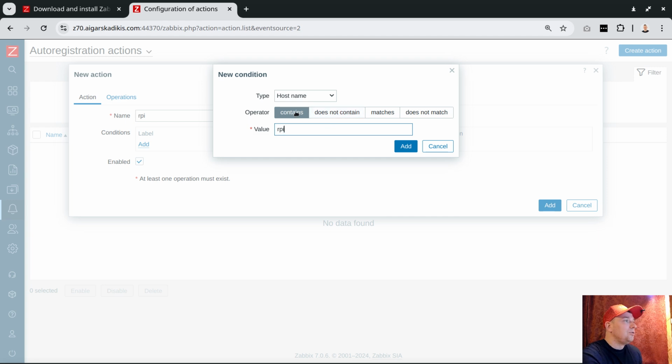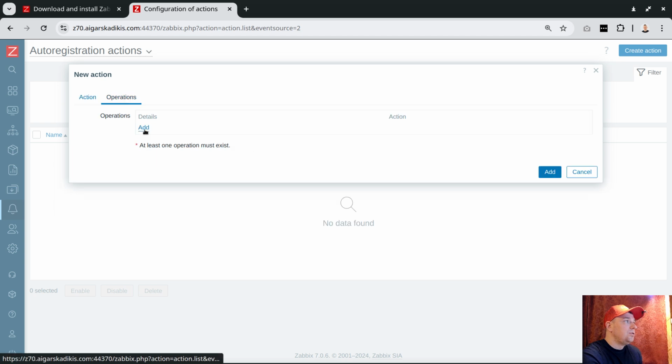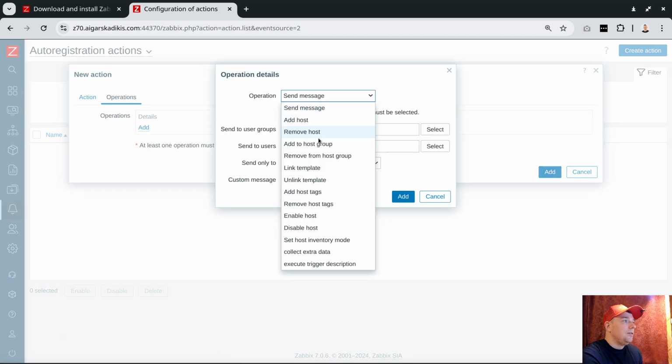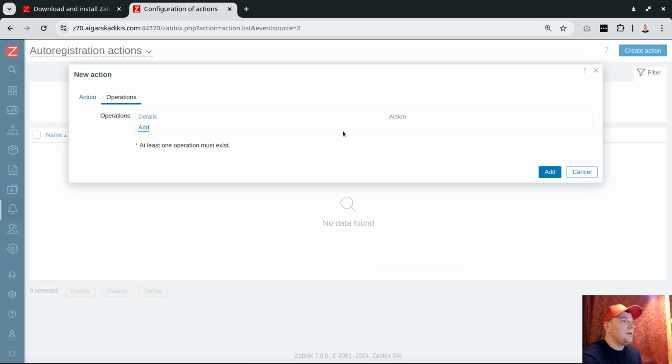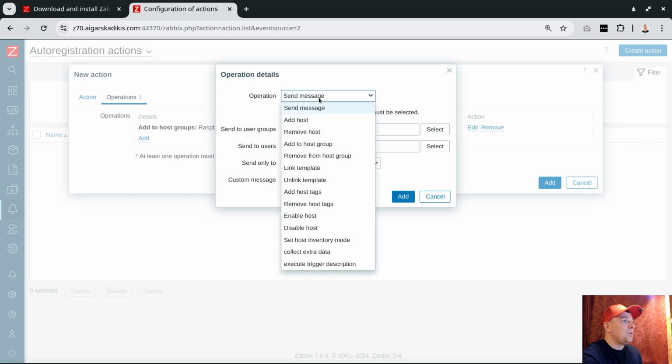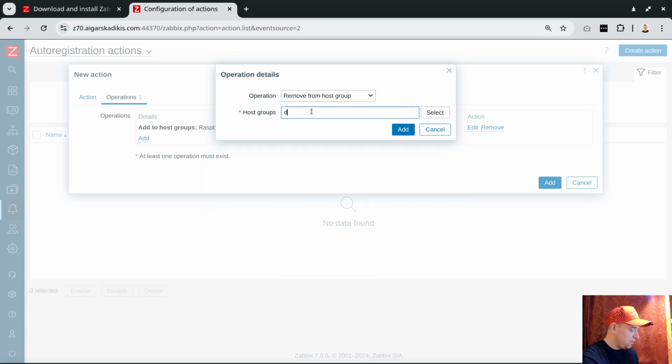Actually, contains, it's not really targeting starts with, but as far as it contains, then great. What to do? I will link to the host group. I made a group, Raspberry Pi, add. There should be another one, remove from host group